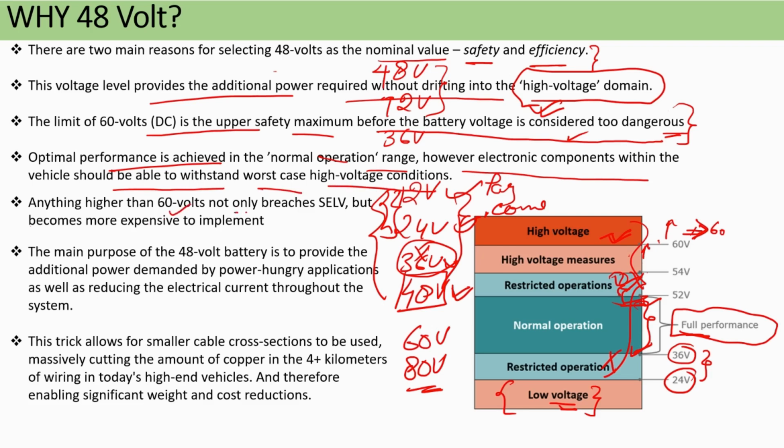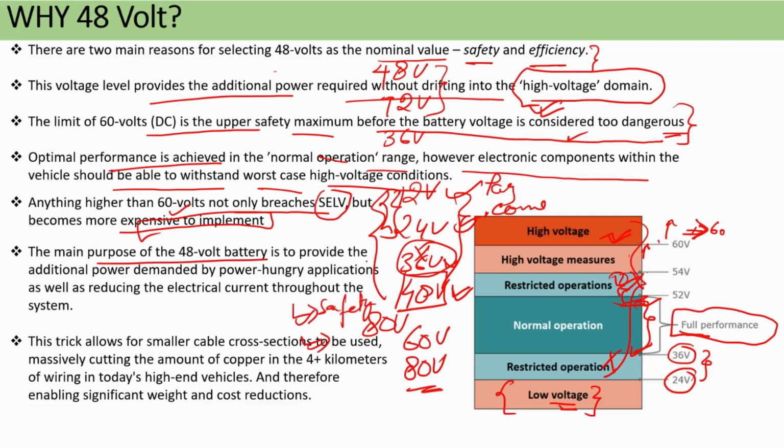Anything higher than 60 volt not only breaches the SELV, safety extra low voltage, but also becomes more expensive to implement. So suppose you are going beyond 60 volt, why are you not using 80 volt? Because it will not be relevant in two terms. First, safety. Second, if you are going to implement this, it becomes more expensive, which is not